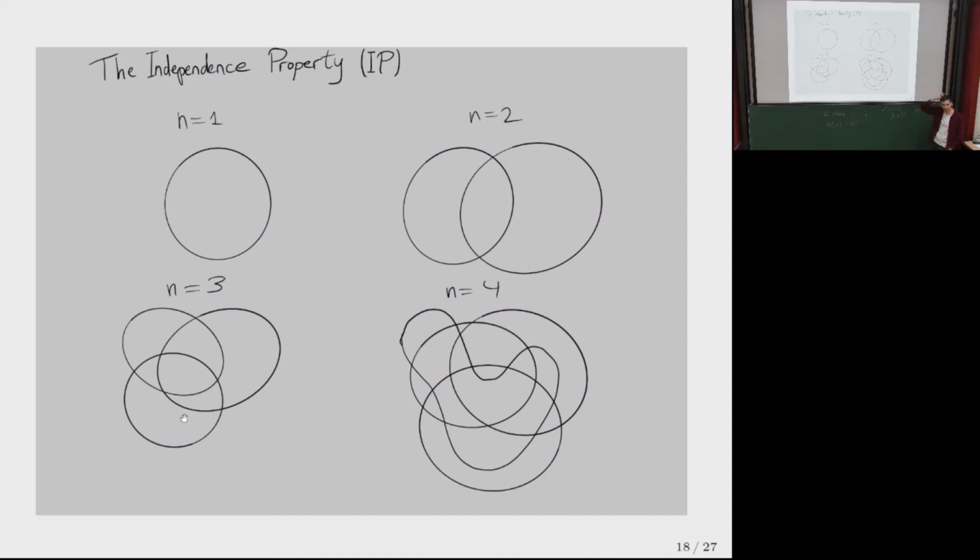So the independence property, I apologize if you've never seen this, but I'm going to try my best to explain it just with words. A structure has the independence property, meaning it's not NIP, if it defines a family of sets with the following property. For every n, you can find n sets in that family, satisfying that every possible Boolean combination of these n sets that could, in theory, be non-empty is non-empty. So if you think abstractly about the Venn diagram generated by these n sets, every area of the Venn diagram has to be non-empty.